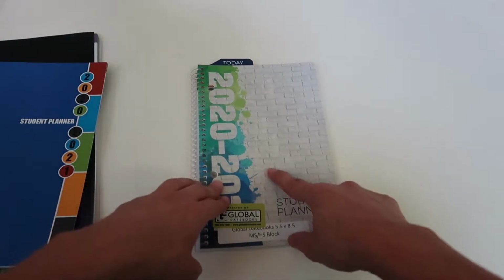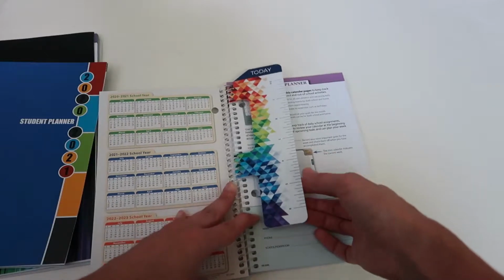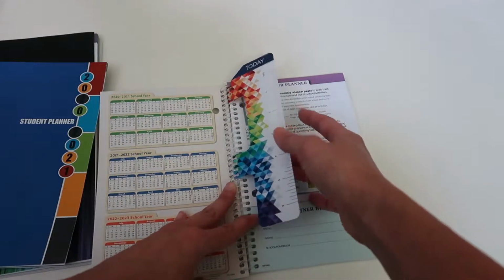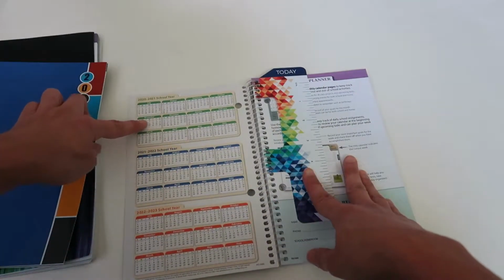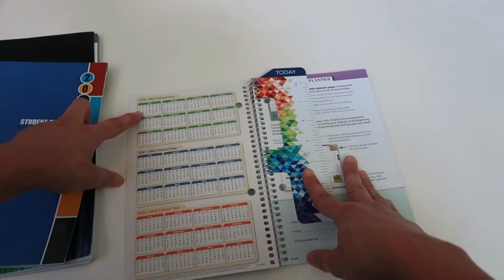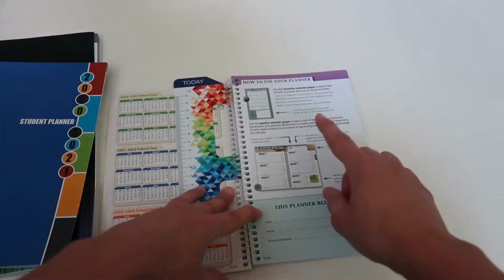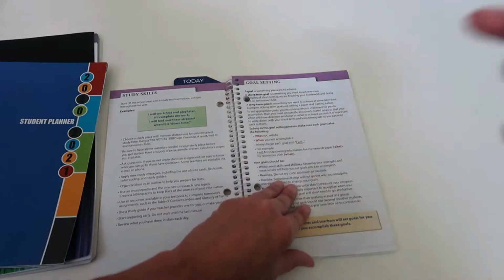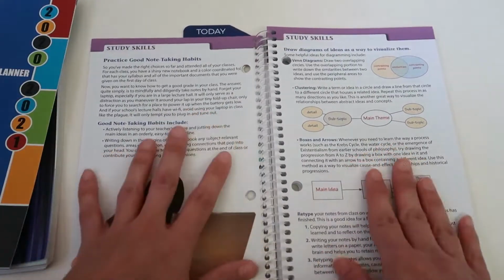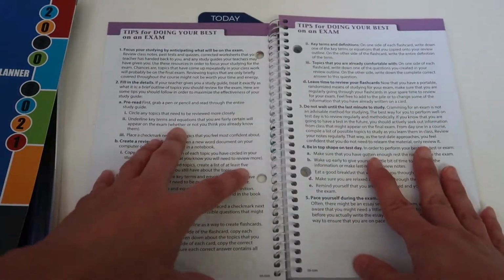You have the different covers, and inside they have this little ruler that you can take out and put anywhere. It comes out easily. You have your school year from 2020 all the way to 2023 or whatever year you're going to use it for. Teaches you how to use the planner, study skills, goal setting, more study skills, tips for doing your best on an exam,